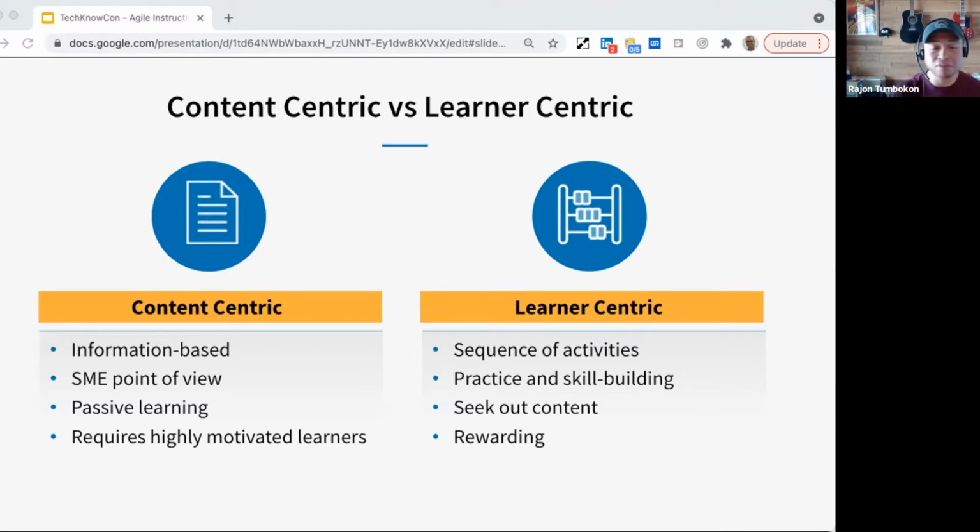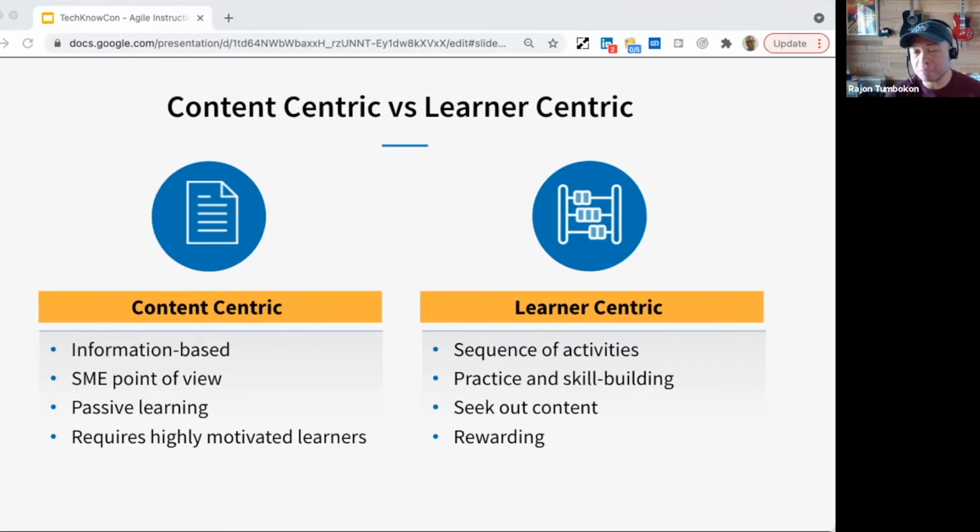It's really good for those that are highly motivated, that don't require an additional element of motivation to achieve a level of development. So that's content-centric.